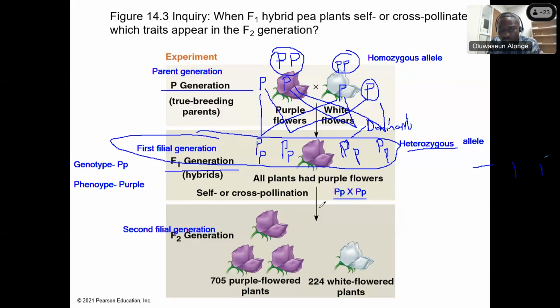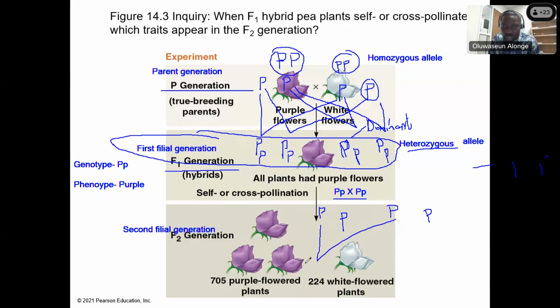The first thing we do is separate the genotype so that we can have gametes. So these are gametes, these are genotype. So if we cross it now,